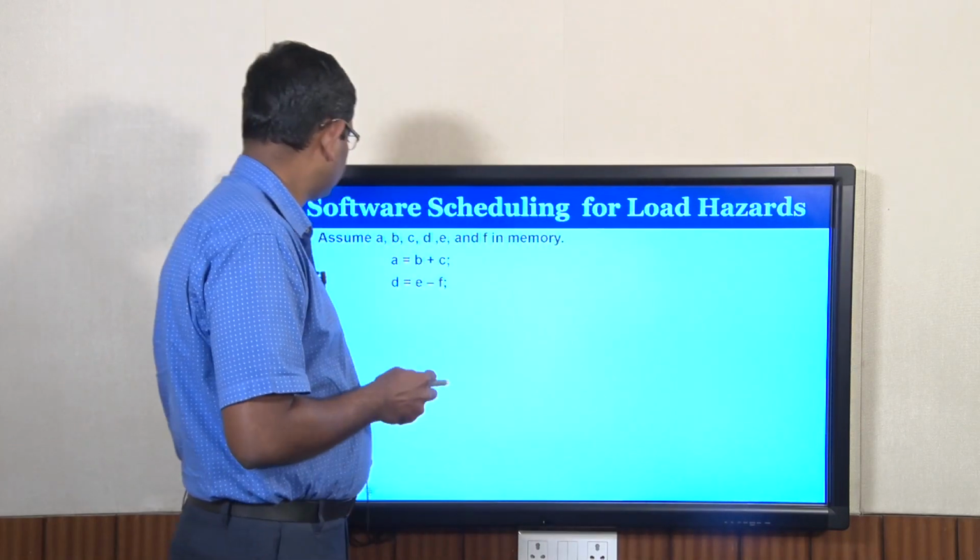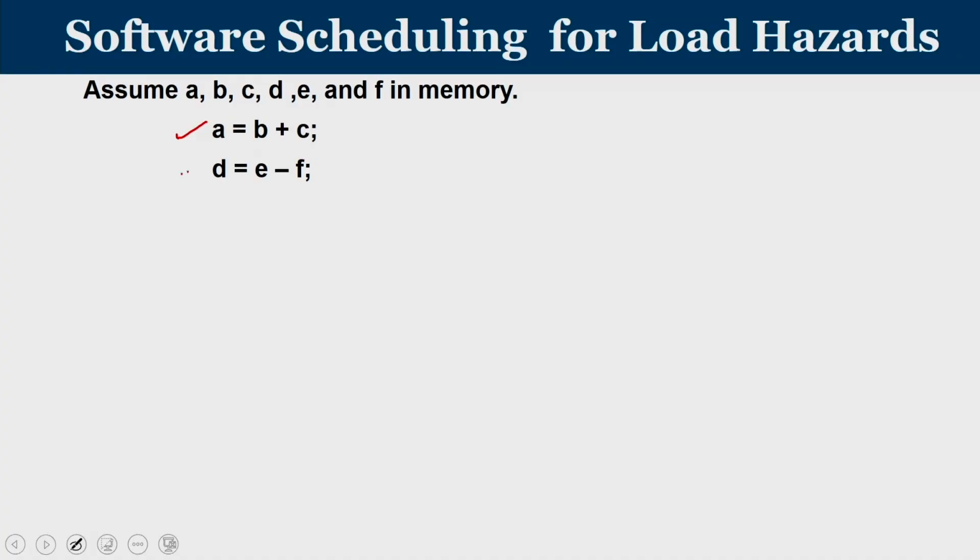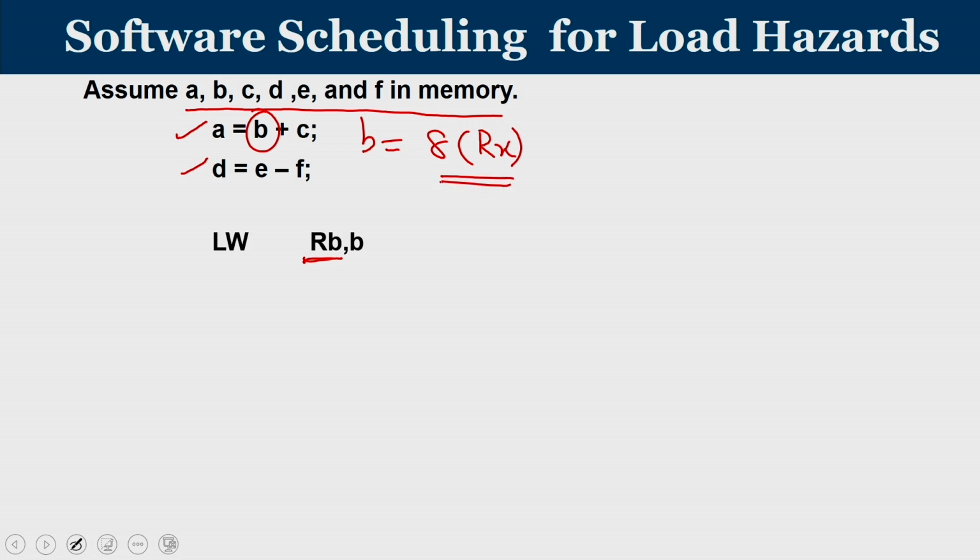So, consider the case that we are going to perform a simple operation: A equal to B plus C, D equal to E minus F. Let us say A, B, C, D, E and F are memory locations. So, I am trying to list out what should be a rough MIPS code for carrying out this program. First, since it is a load store architecture, prior to performing the operation, the operands have to be kept in registers. Let us call the register RB, wherein the value of the memory location B, let us say B corresponds to some 8 of Rx. So, this 8 of Rx I am going to call B.